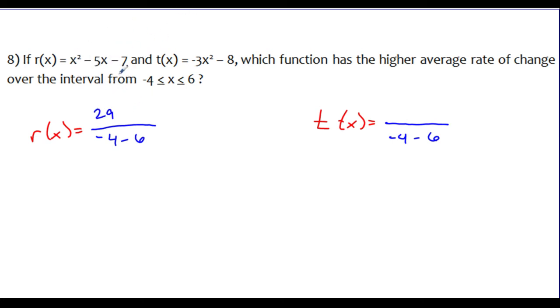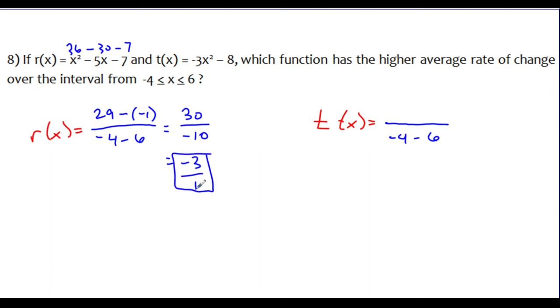When I plug in 6, I'm going to get 6 squared, which is 36. -5 times 6 is -30 minus 7. So that looks like 6 minus 7, -1. And be careful, there's a minus sign in the formula, and I'm inputting a -1 for f of a, right? So I need to include both of those, so be very careful with that. So on the top I get a 30, okay, and on the bottom I get a -10,